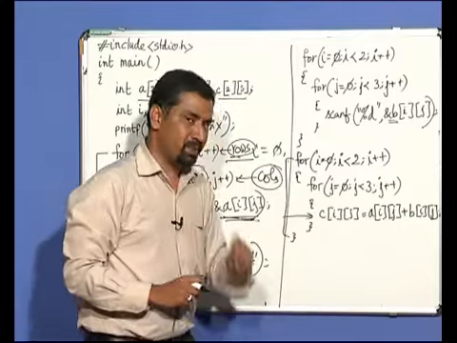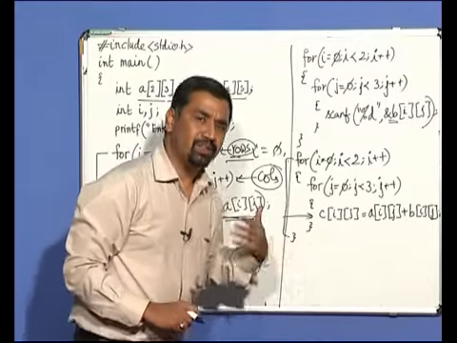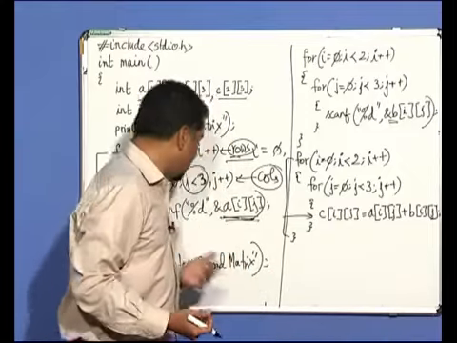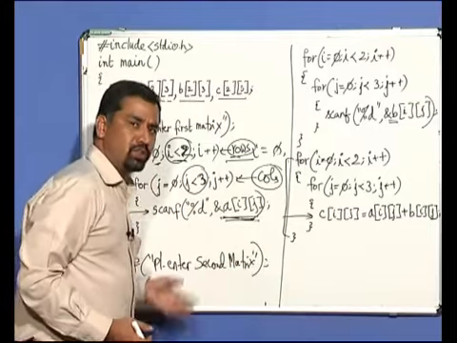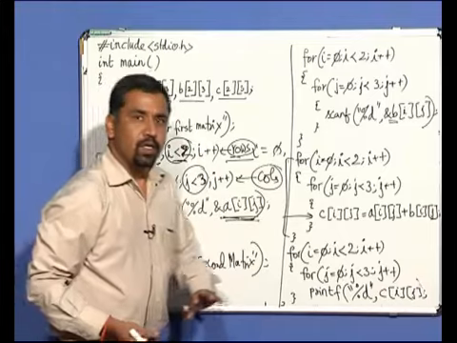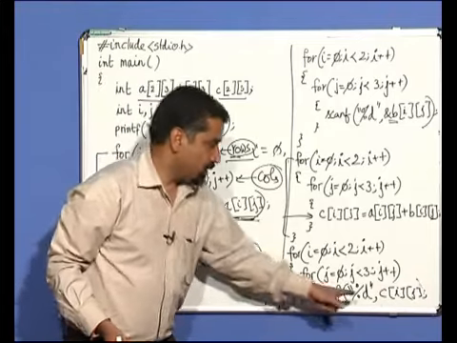That's it. Only one step is left. We want to see the result. So how do we do that? We simply print out the values in the third matrix, which is C, the result matrix. And how do we print? Just like we have scanned, same set of for loops, but instead of scanf, we are going to use a printf statement. As simple as that. So the last piece of code, which is this, will simply print out the values in